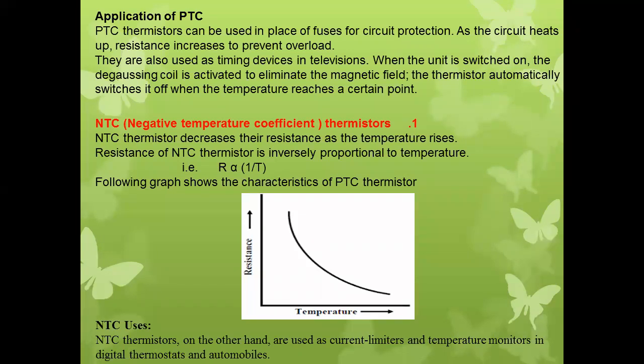As you know, in the engine of automobiles there is burning of fuels. That's why there is a rise in temperature, and a rise in temperature can sometimes cause a fire. So, in order to continuously monitor the temperature of the engine, we can use the NTC in an automobile.